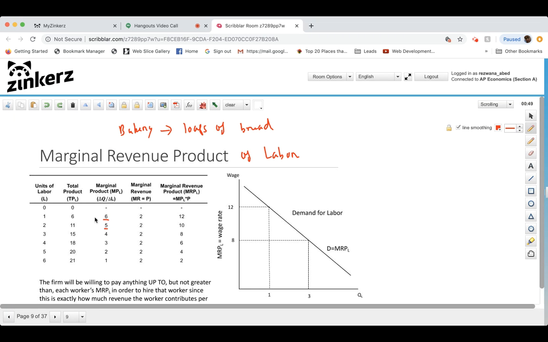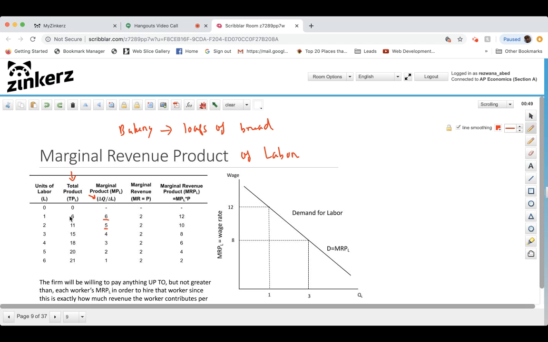So in any case, we see the marginal product of labor, which we just follow this formula for, the change in quantity, or in this case the total product or total output. The marginal product, of course, doesn't exist for zero workers, because we don't know what the total product was. If you haven't hired anybody, they don't produce any total product, and therefore there is no marginal product for the zero unit. It just doesn't exist.